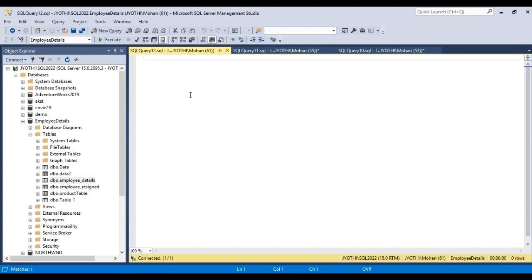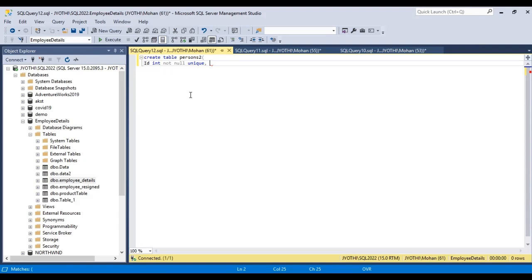So let us see the SQL unique constraint on create table. Let us create table persons2. ID, data type is integer, not null, that is, null values are not accepted. Here itself, if we mention unique, all the IDs will be unique.